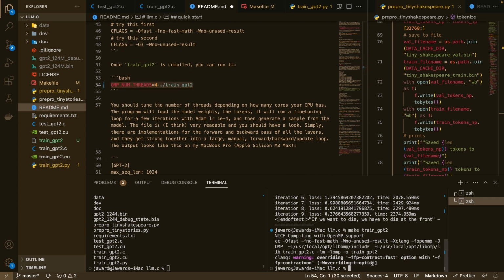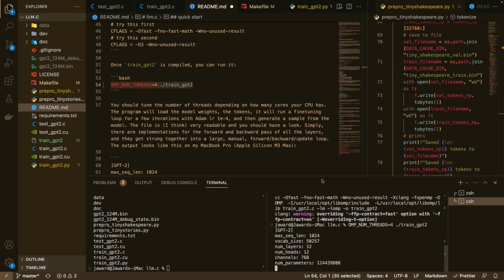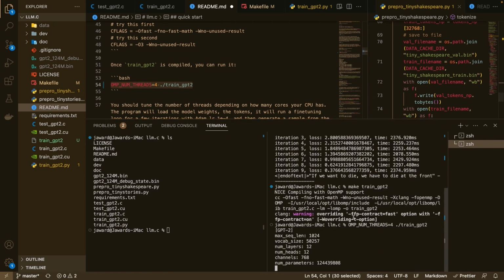I hope it doesn't crash my Mac. It's a very old iMac actually. Okay, seems to